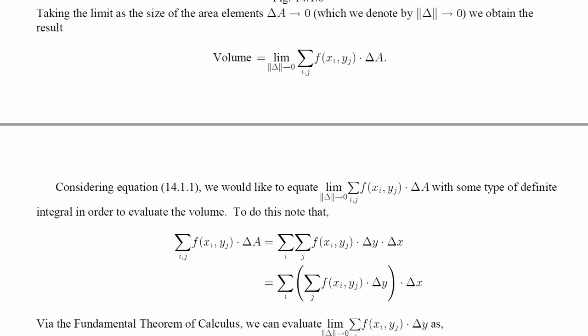Okay, so right here you see we have that our volume is going to exactly equal the limit of this summation as the size of the little rectangles goes to 0, or you can think of the number of partitions of the x and y axes going to infinity. Now keep in mind there's actually a double summation in here because I'm summing over i and j. And this delta A is delta x times delta y. Okay, now let's jump down here and see what this gives us in the limit.